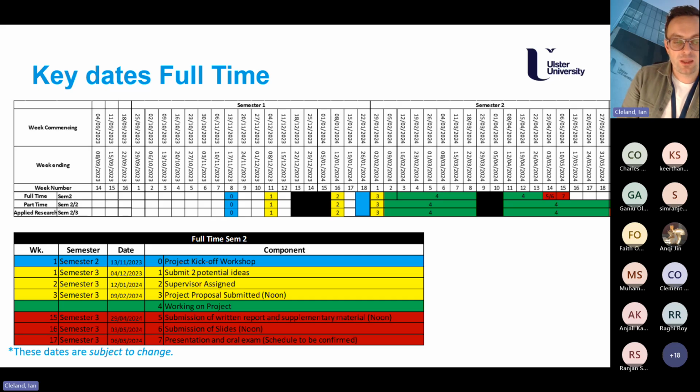So it's probably going to be the 7th and 8th, which is the Tuesday and Wednesday of that week, as the 6th of May is a bank holiday, and the university is closed that day.